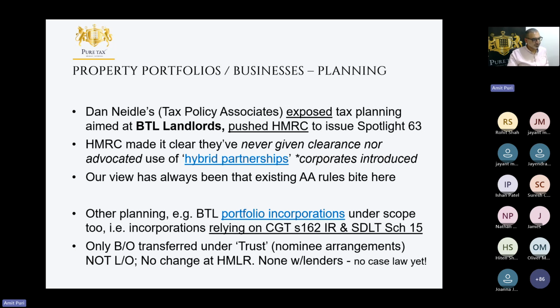securing this relief. Interestingly, the ones that find themselves in trouble have done nothing more than sign a document that says, well, yes, Gov, I own these properties legally, but not beneficially anymore, right? But my name's still going to be everywhere. I'm not going to tell Land Registry. I'm not going to tell the lenders. I'm not going to tell the tenants, and even our paperwork will just continue the way it was, for example. So you can see how aggressive it looks to HMRC to pick up something like that.